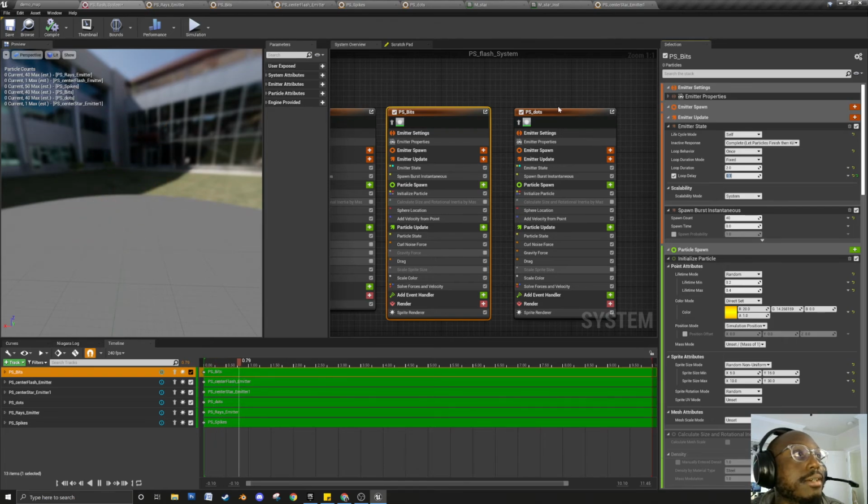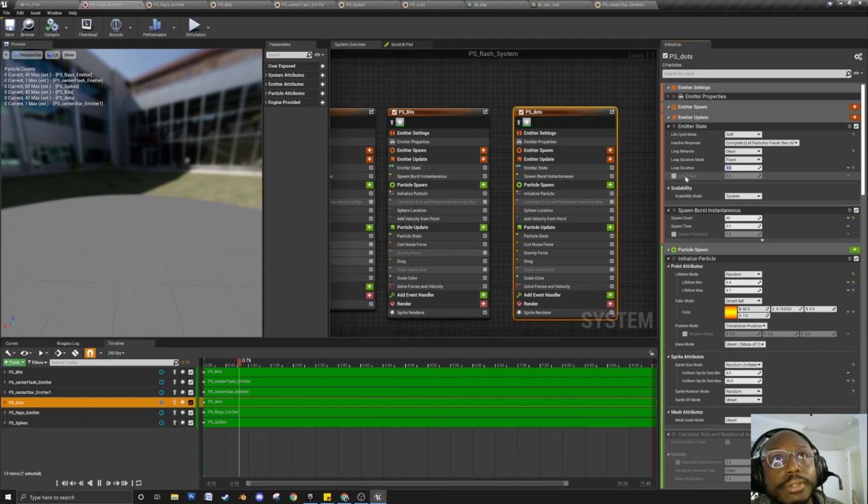You see how it's kind of offsetting a little? Okay, we're gonna do the dots too. 0.1. So now we're getting kind of a